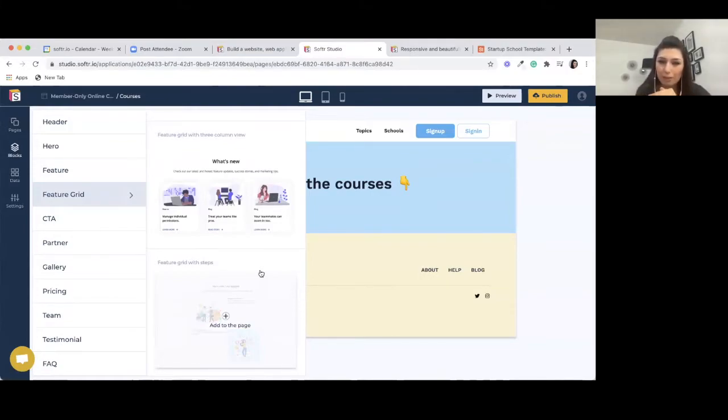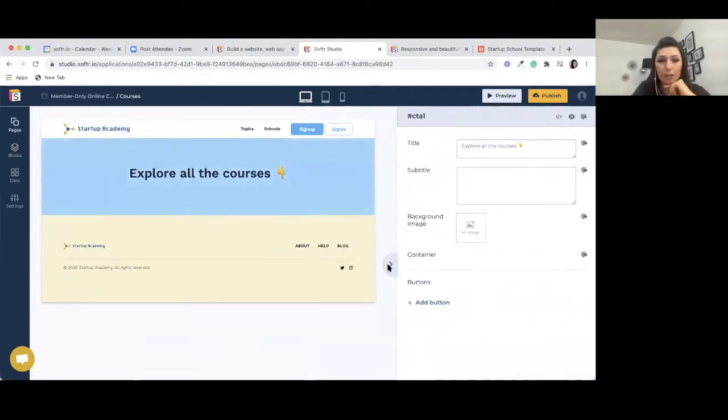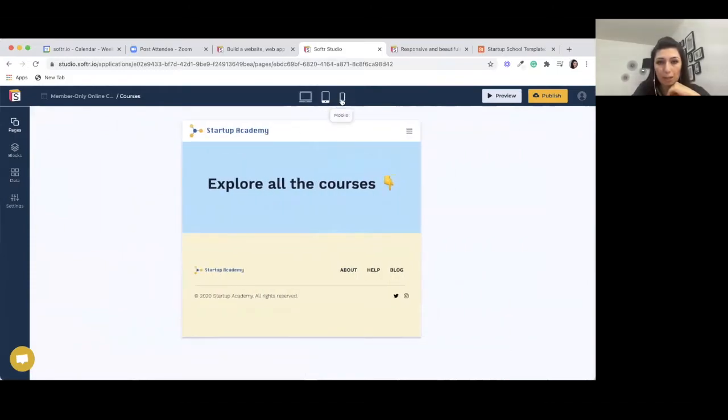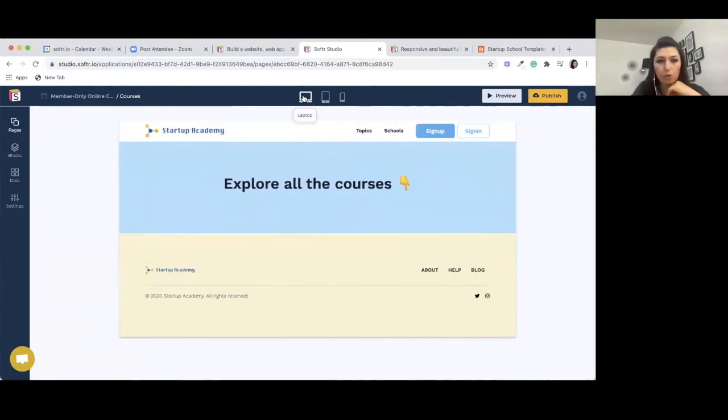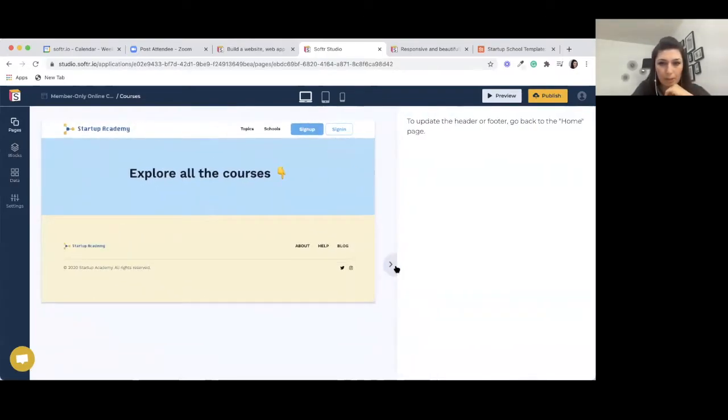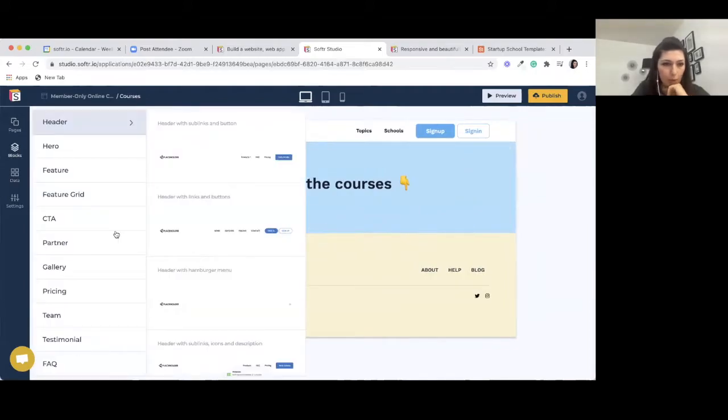So we try to find the balance between where people really need to customize and where they don't really need to. The reason for doing that is that everything you build on the software is automatically responsive. It looks really nice on every other platform, so you don't need to care about that. So what I'm going to do here is add a new block, which is for the web app